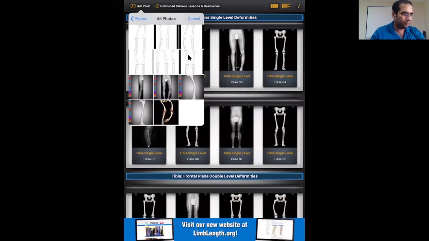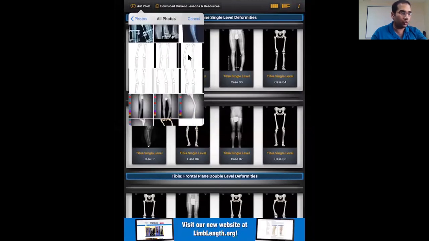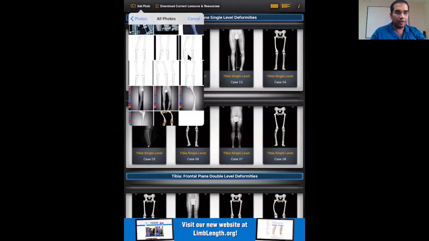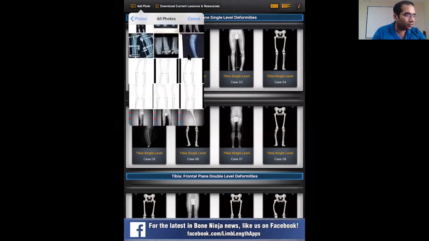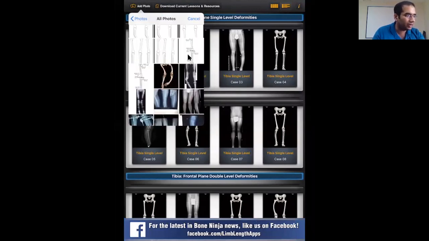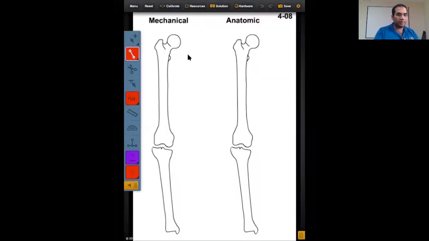Excuse me, sir. In both rule 2 and 3, will translation occur, or only in rule 2? No. In rule 3 osteotomy, there is no translation because you have placed the CORA over the hinge over the osteotomy. Okay. Let us move to another X-ray, and while correcting that, we can discuss the osteotomies again and again.